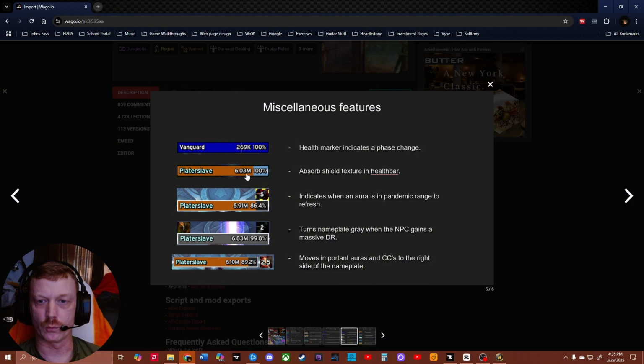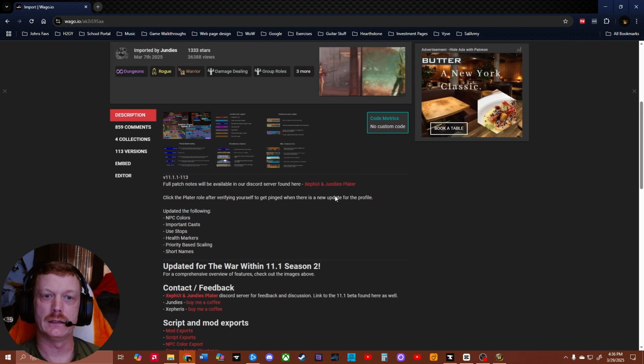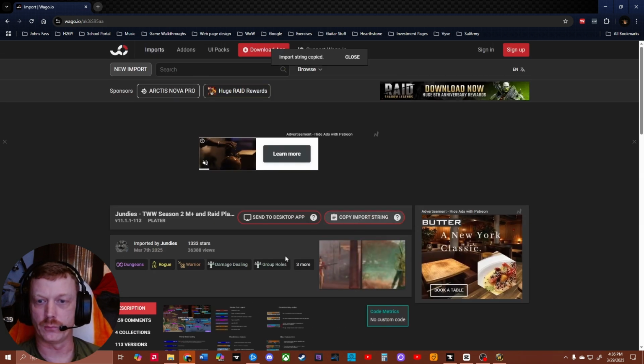Also, you have absorbed shields. This texture out here on the end is what's used for that as well. So let's get into the game. So basically, what's going to happen is you're going to download this. You're going to copy this import string,